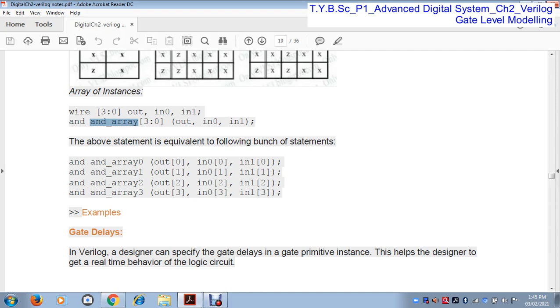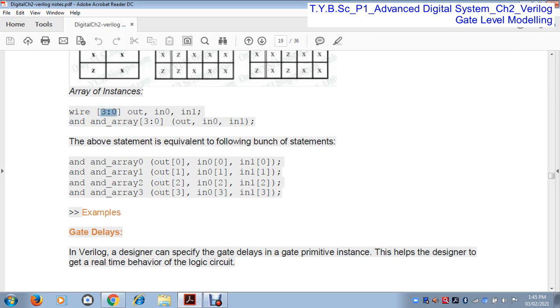AND array [0:3] means there are 4 AND gates. This is the type of gate, this is the name of the gate, and each gate contains one output and two inputs.